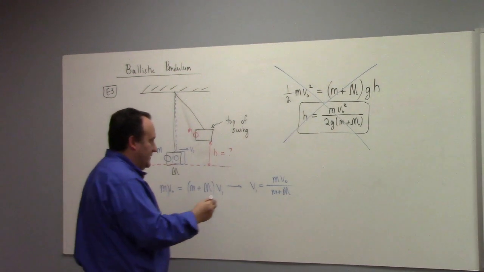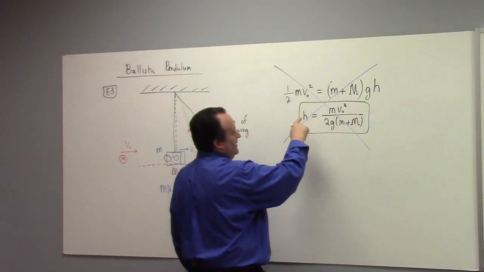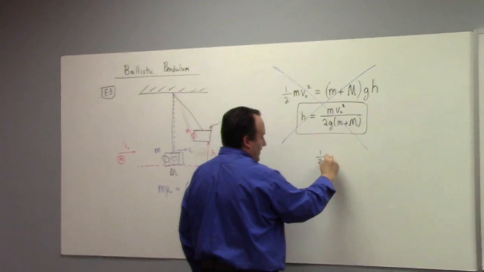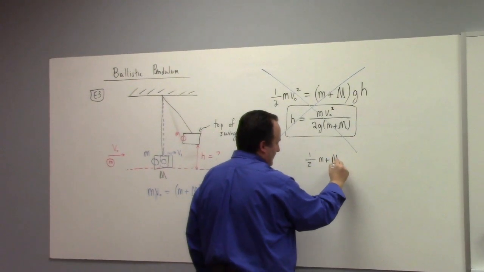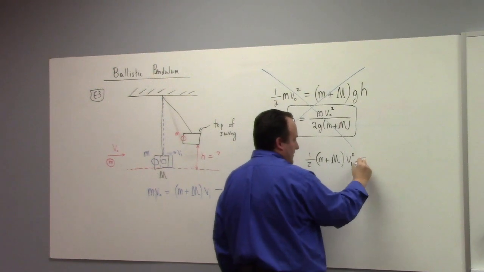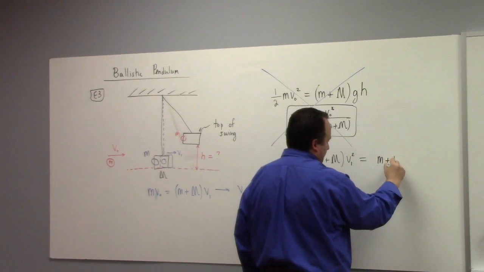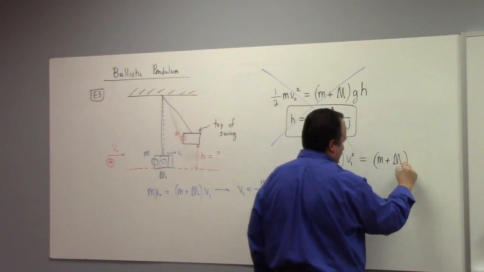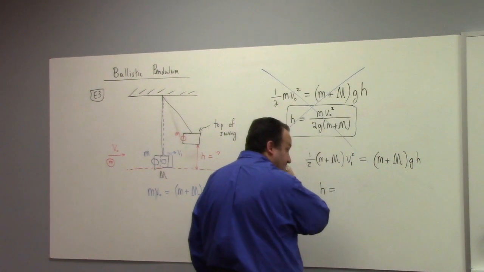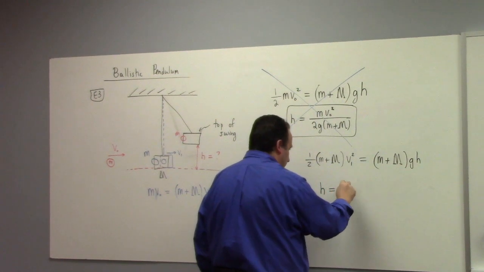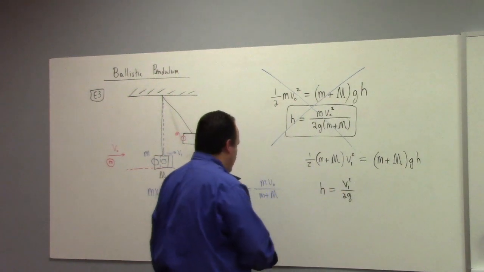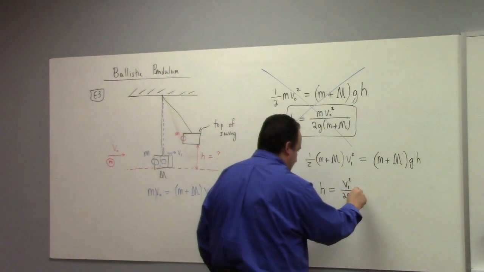So then I have one half m plus big M v1 squared, that's the initial energy of the system, equal to big M plus little m times g h. So my h is equal to v1 squared over 2g. The m plus M's cancel. And so the answer actually is this: